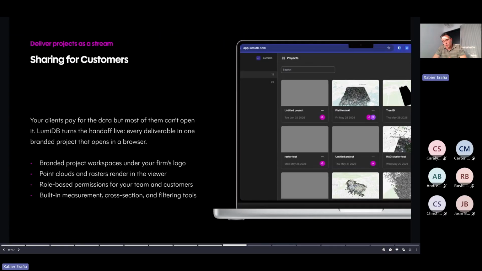So there are three things, as we already said, that we provide our users with ease. One is the sharing for customers. So you may have users or non-specialist people who are unable to look at the data, who are unable to visualize, who are unable to use it for decision-making purposes. So LumiDB provides a link, a browser-based link that allows anyone with no installation, with no training, to be able to visualize, but also make analytics out of data.